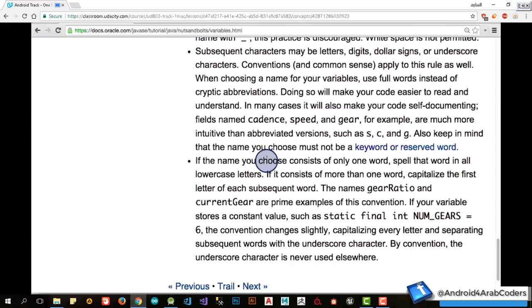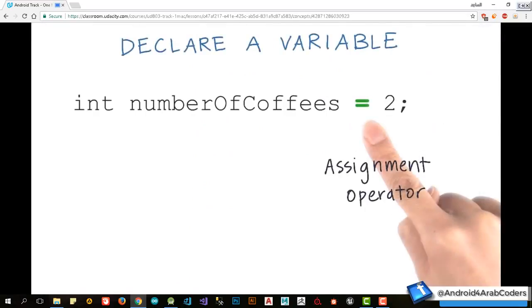But the main point is that if your name only consists of one word, then spell out that word in all lowercase letters, like cadence, speed, gear, things like that. If the variable name consists of more than one word, then you want to capitalize the first letter of each subsequent word, but it needs to start with a lowercase first. So gear ratio is an example, or current gear. Our example of number of coffees also follows this rule. The next part of